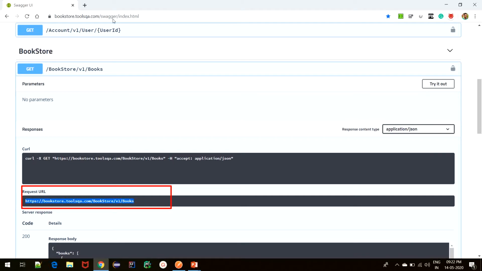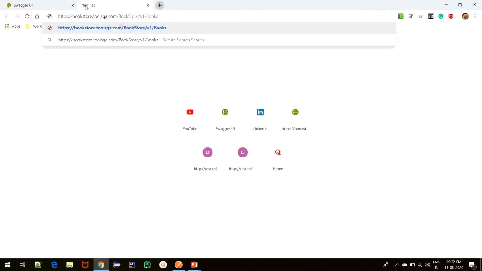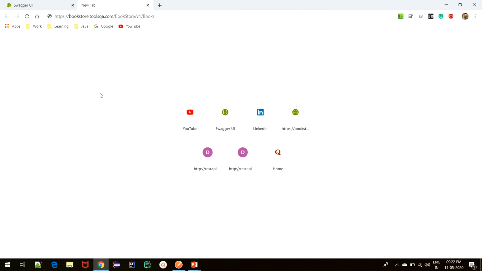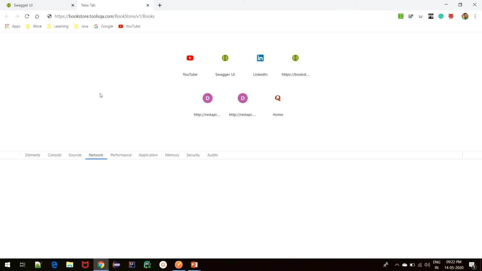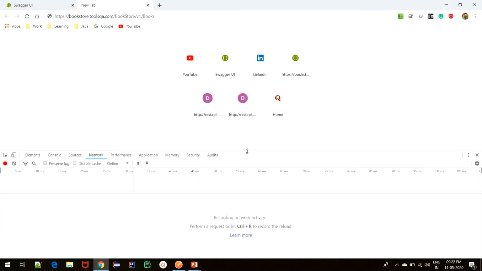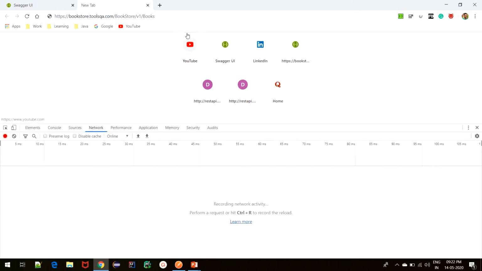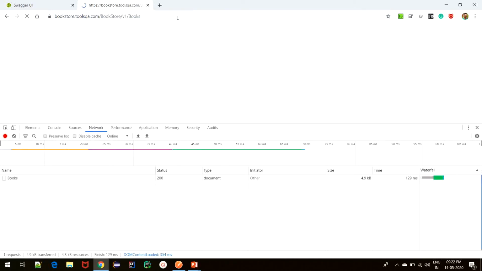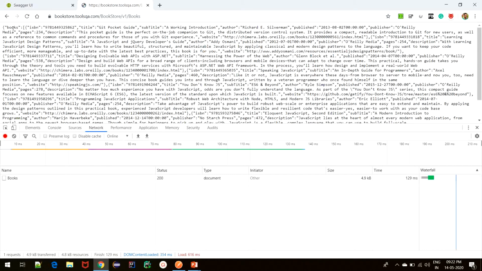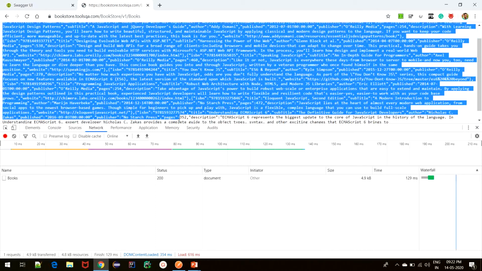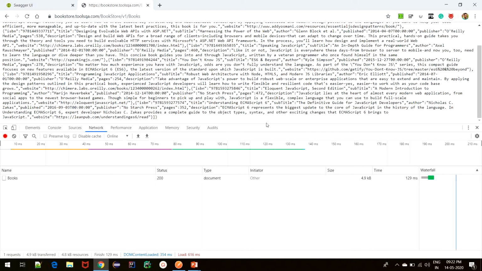So I've copied this and let's paste it in new tab in the browser, and before hitting send I'll enable the developer tools so that we can investigate the request in detail. Let us click send and we see that we received a response which is nothing but the list of books.